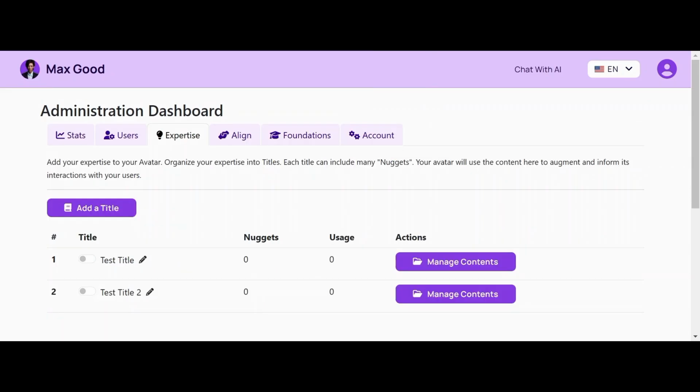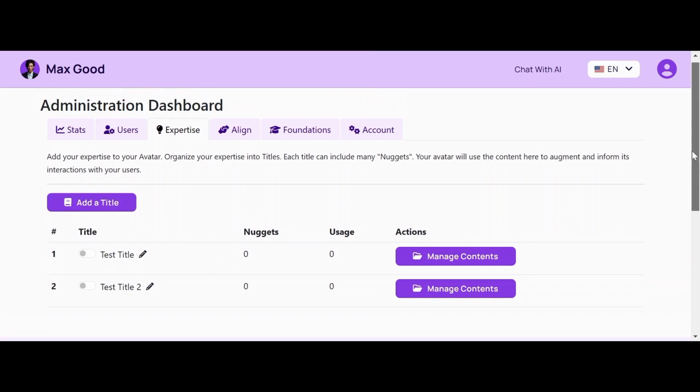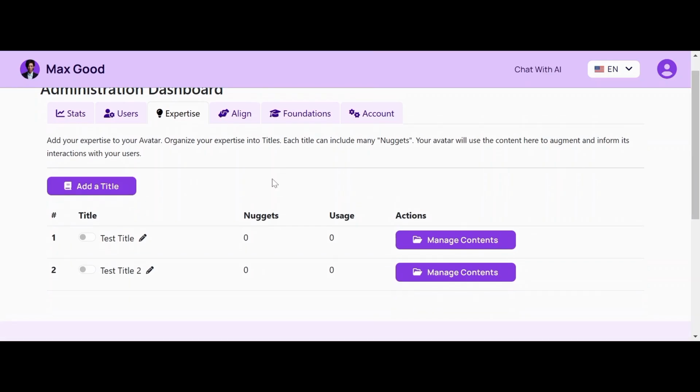So moving on to the expertise tab. This is where you now train your avatar further with your own content or resource material. And in order to be able to upload your content and resource material to the MaxGood platform, you start by adding a title, right? So the title